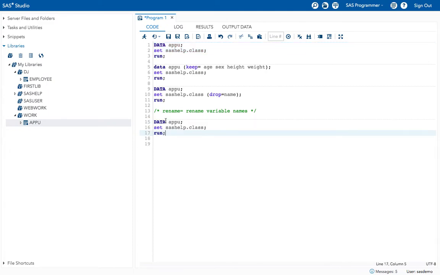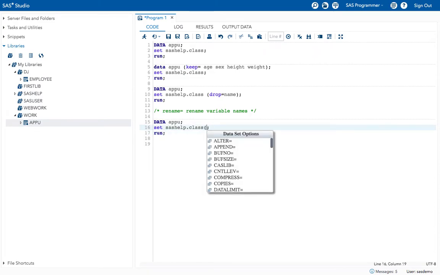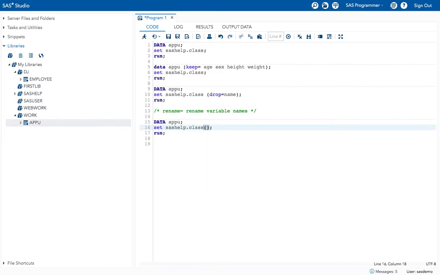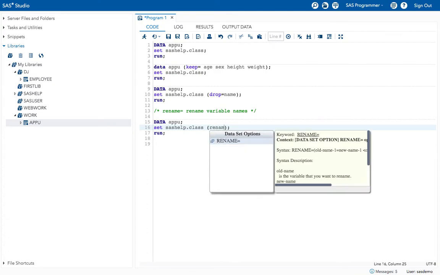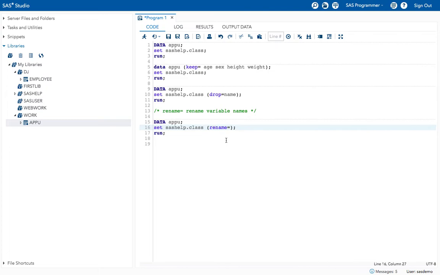I want to change, and in the parenthesis you have to assign, so I will give rename.